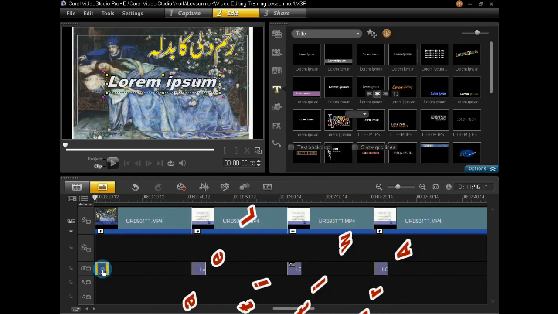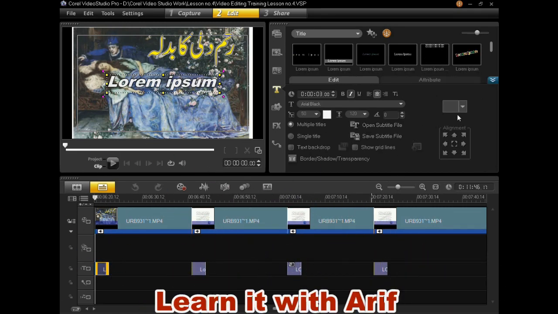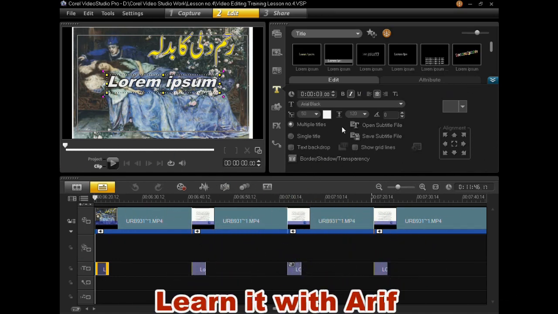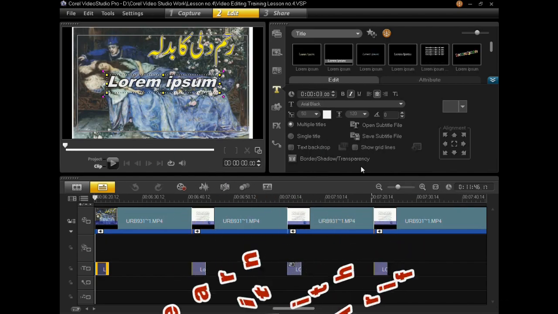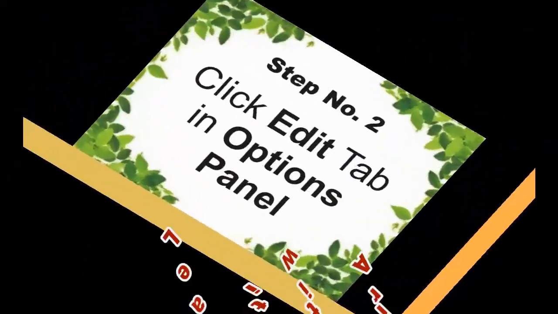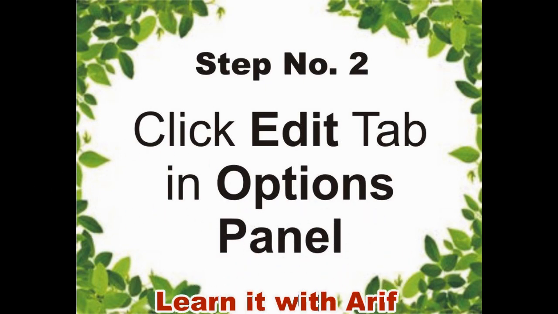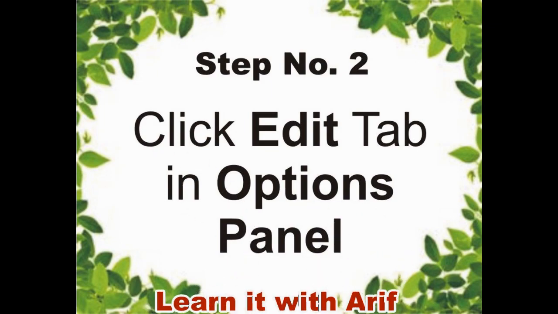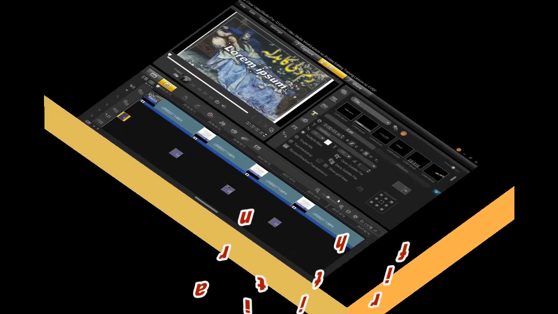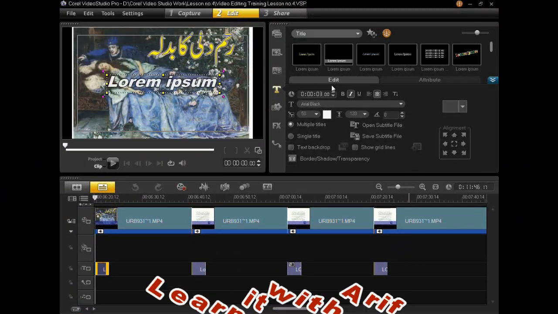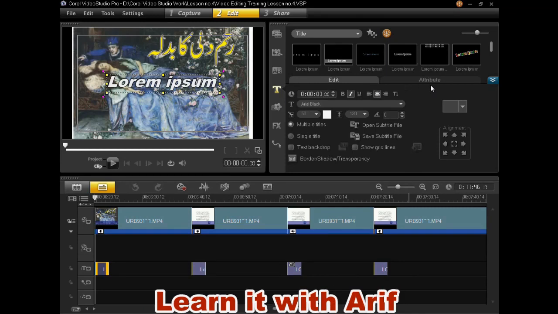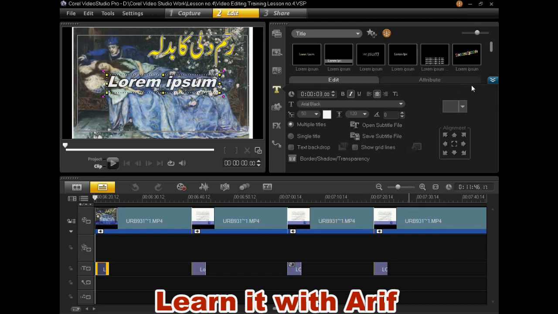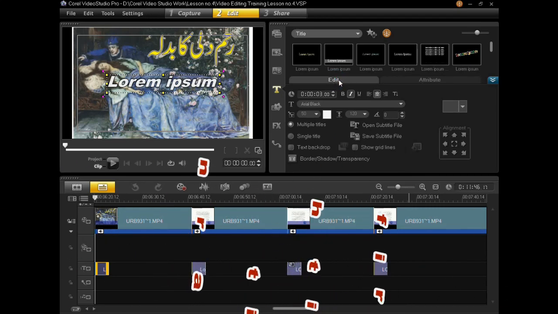Let us double click the title and you will see the options panel appear in the library panel. You can see two headings in the options panel. The first is edit and the second is attribute. Click the edit.